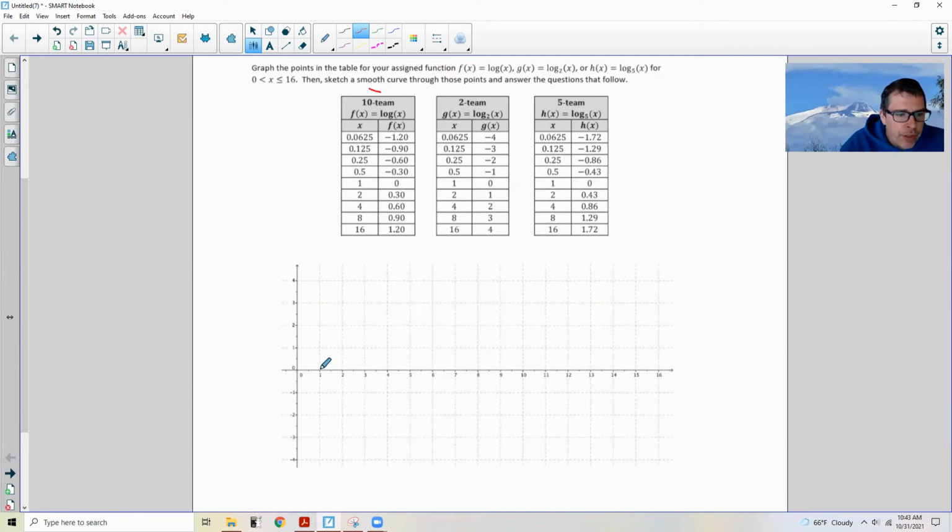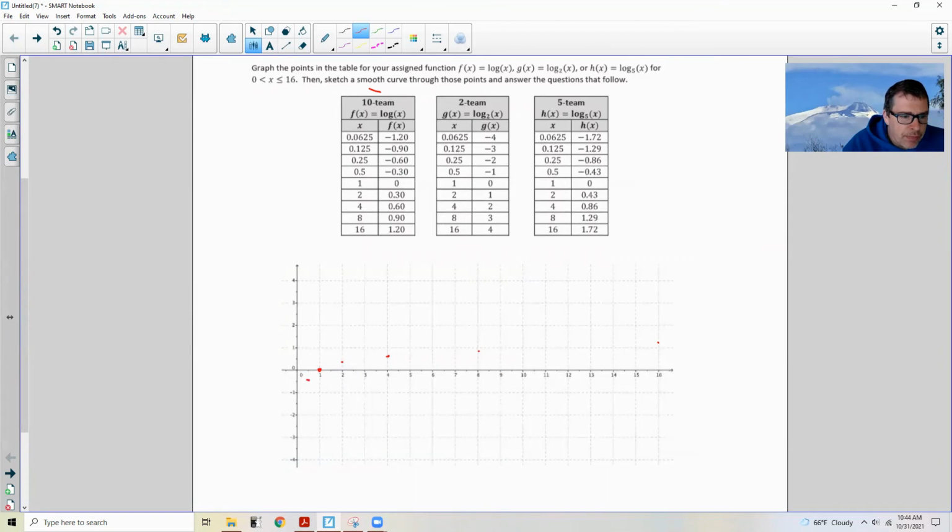So if I go over 1, up 0, that's right here. Log of 2 is 0.3, almost a third, so right about here. 4 is 0.6, a little more than a half, right about here. 8 is 0.9, almost all the way up to 1. And 16 is 1.2, which is right here. Then we go negative, over a half, down a third,